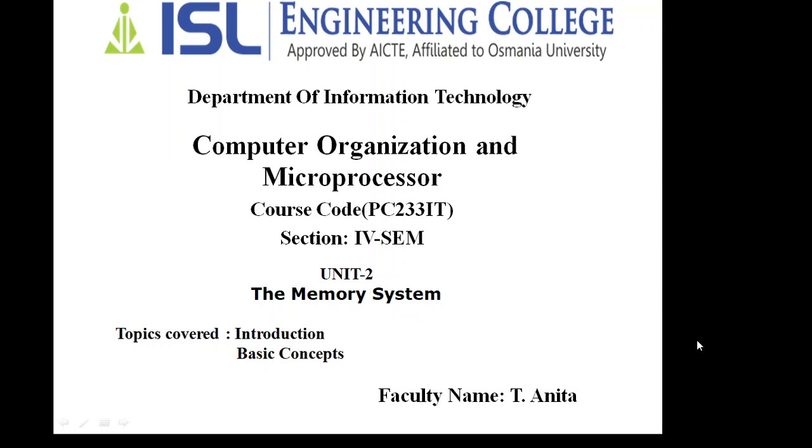Accessing, what an interface is, everything we covered in our first unit. So in this class we'll discuss the memory. The memory is one of the major functional parts of a computer system. Without this memory, it is like an empty box. That's the reason the memory should be there in order to store our data. Whatever data we are going to process should be stored. The CPU will process on that stored data. This memory unit is a collection of storage units or devices together.